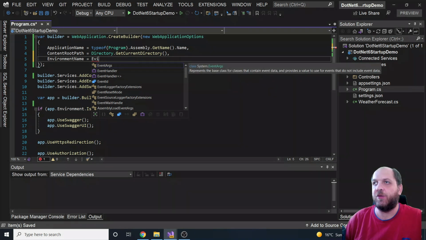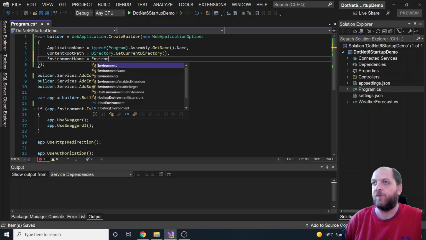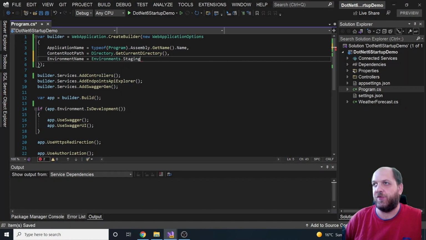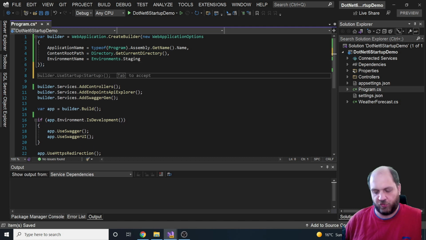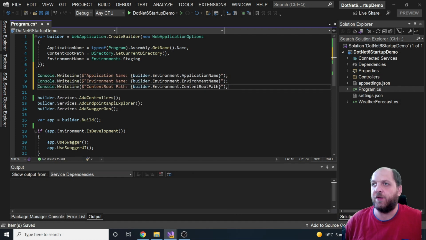We have also to type it correctly. And let's use just staging here. So yeah, that's it. Right now we have configured our web application builder options, and we have specified all these things that need to be specified right at the beginning. And just to show that everything works and not to write a lot of stuff here, we have here